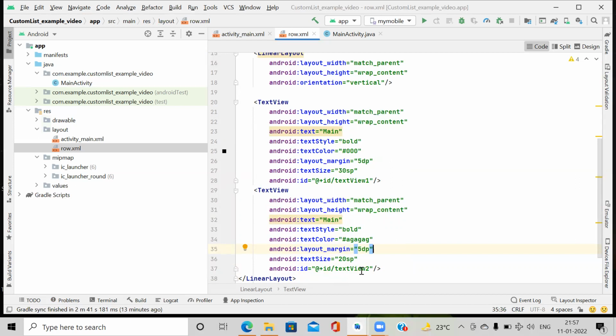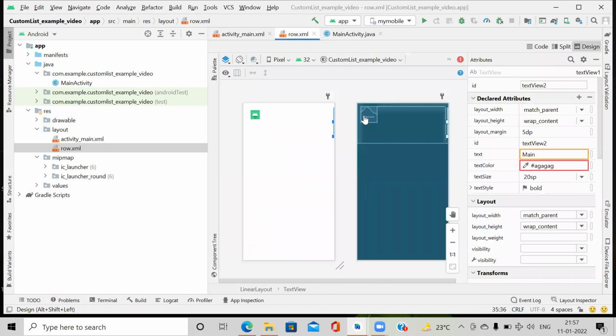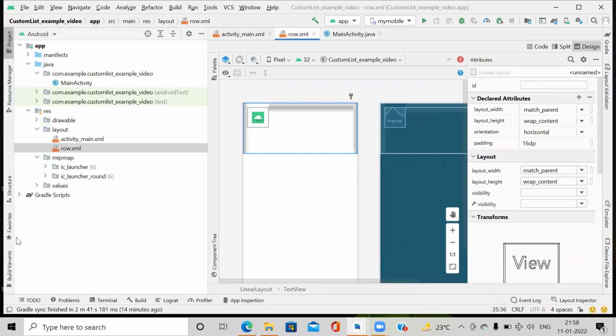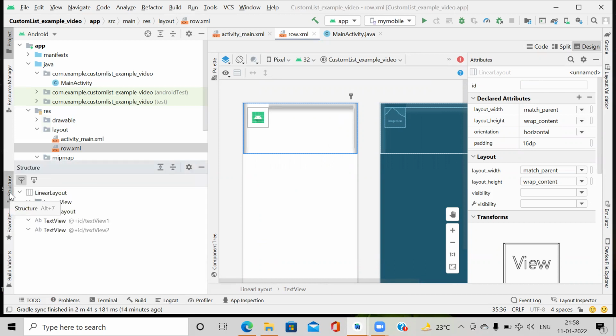And the text view also gets closed. So here we finish our designing. If you want to check, here the image is there and two text views are there. Whenever we run it, you will find it comfortably.